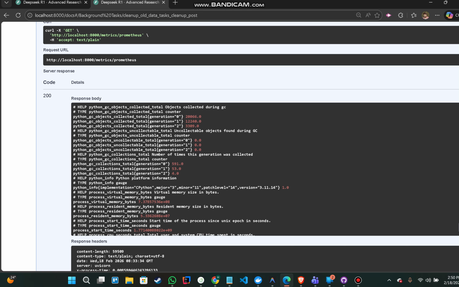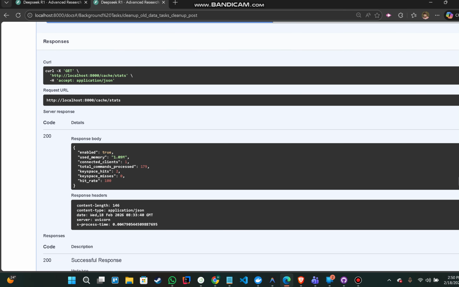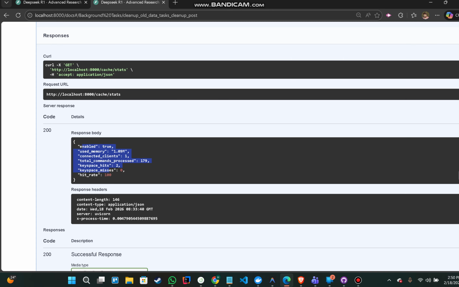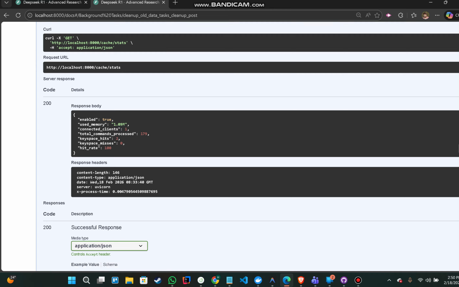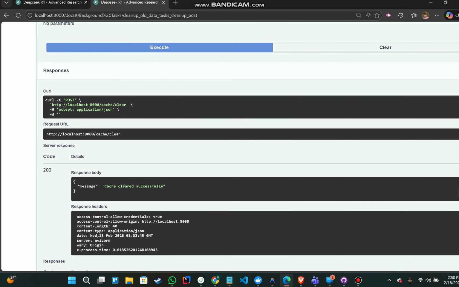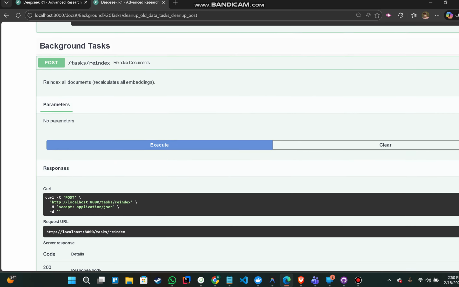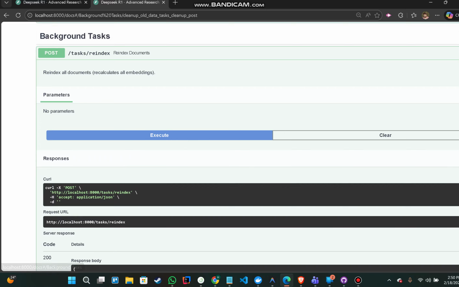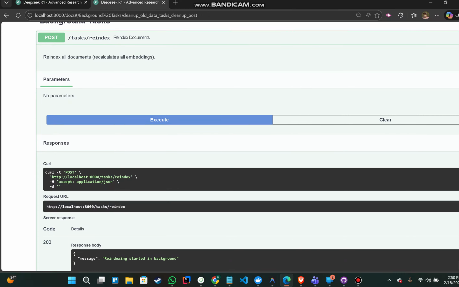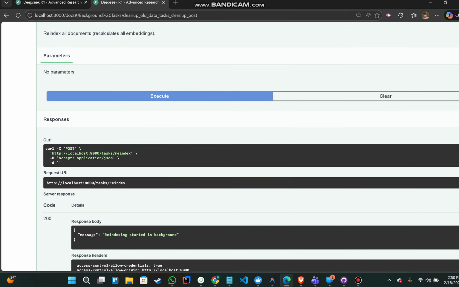So we have all the response, and for the cache stats, if we execute this, it says that enabled is true, used memory 1.09 M, and the connected client is 1, and so on. So it will clear the cache when we hit this endpoint. And for the background tasks, if we execute this, we index all documents, recalculate all embeddings, so it will automatically